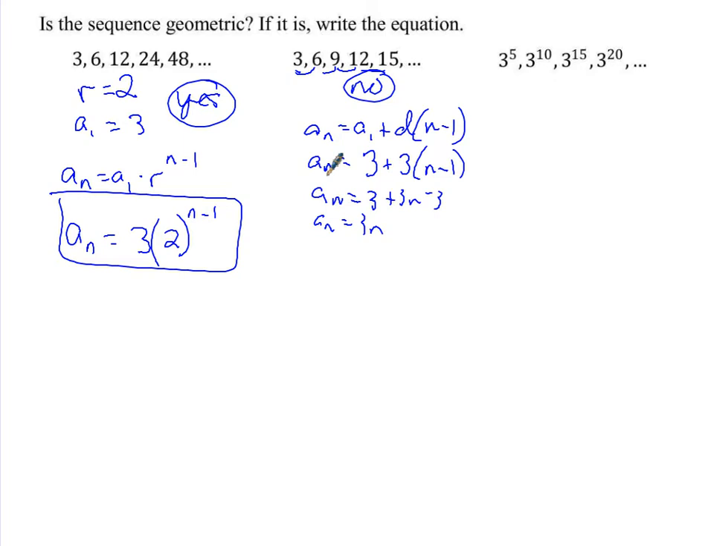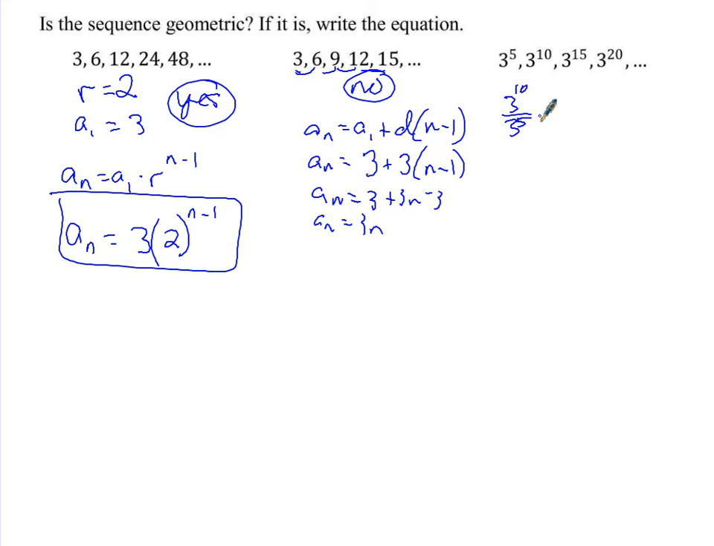To decide if it's a geometric sequence, what do we have to do? Look to see if there's a common ratio. So that means we need to take one term and divide it by the term before it. So if I take 3 to the 10th divided by 3 to the 5th, what do I get? Yeah, 3 to the 5th. If I take 3 to the 15th divided by 3 to the 10th, what do I get? 3 to the 5th. If I take 3 to the 20th divided by 3 to the 15th, what do I get? Because when I'm dividing like bases,